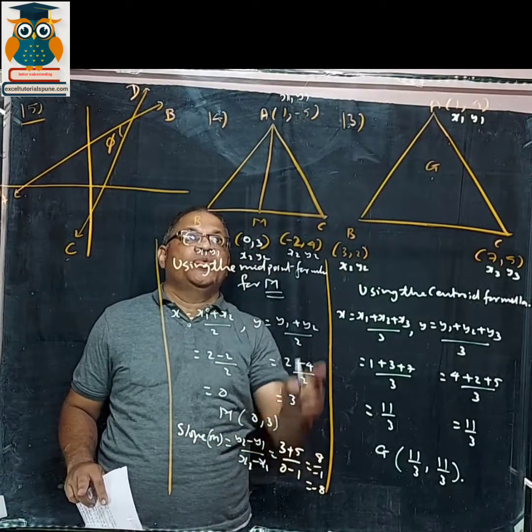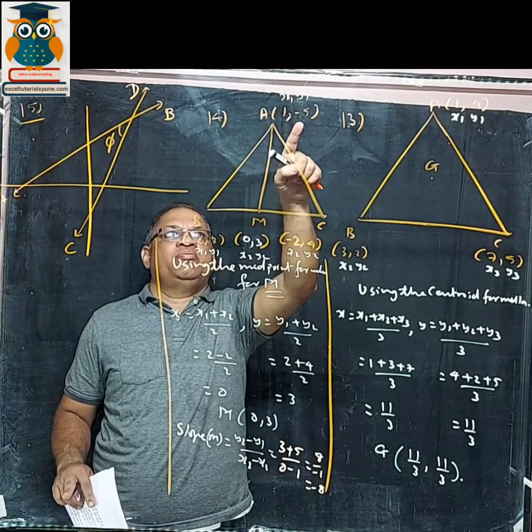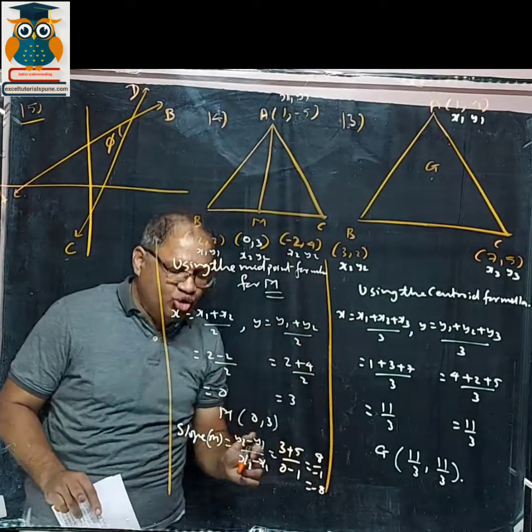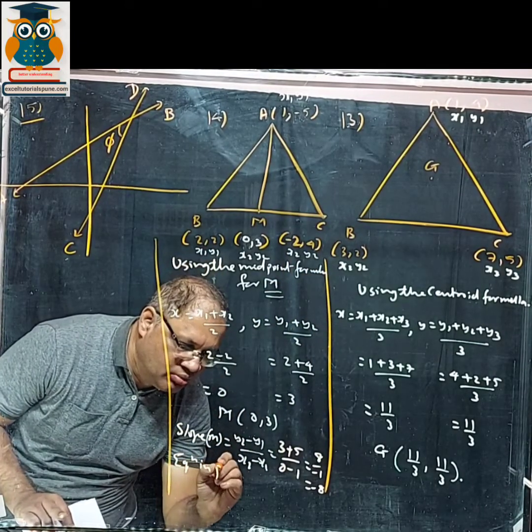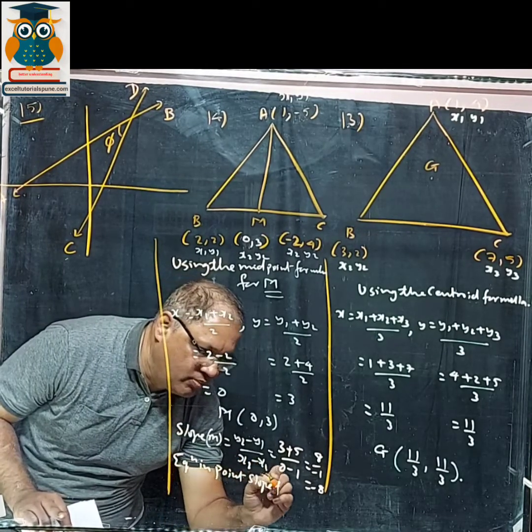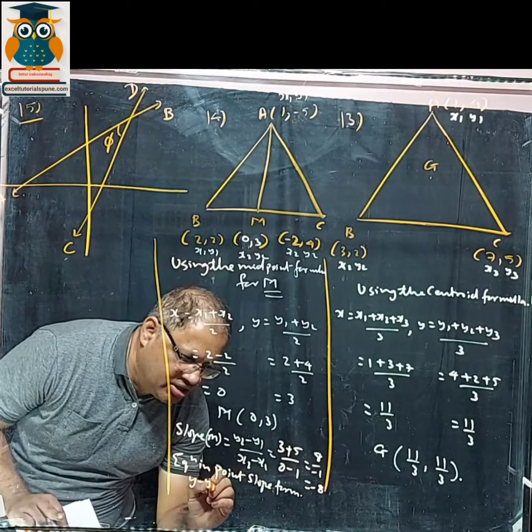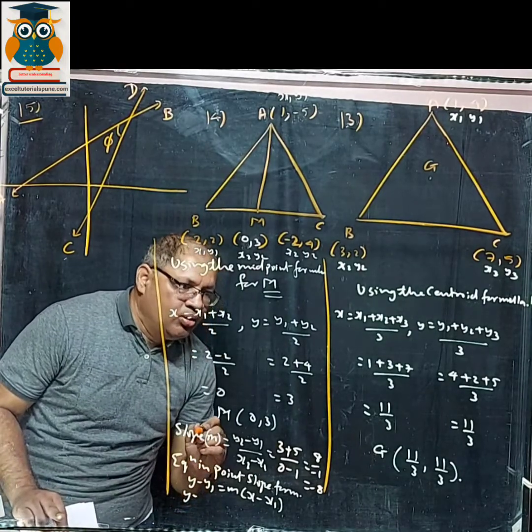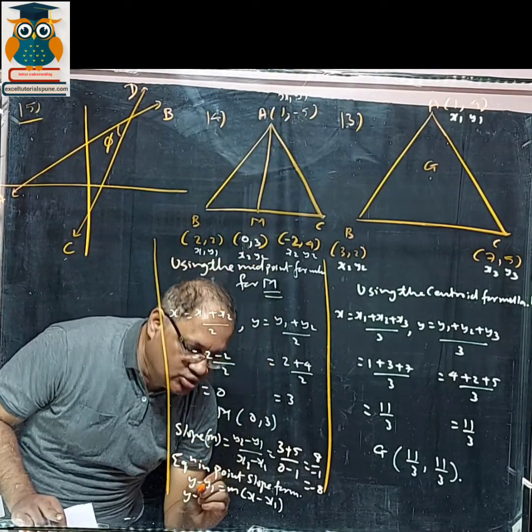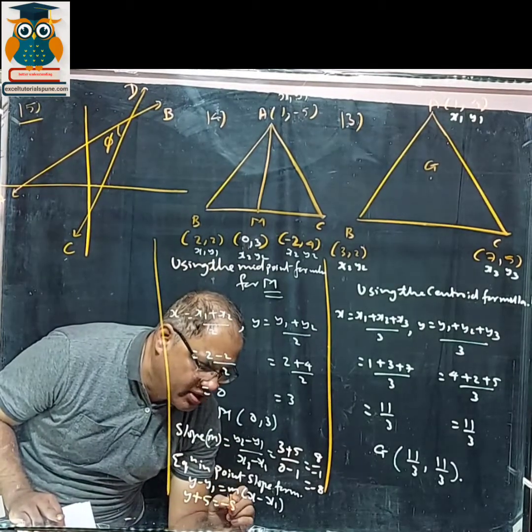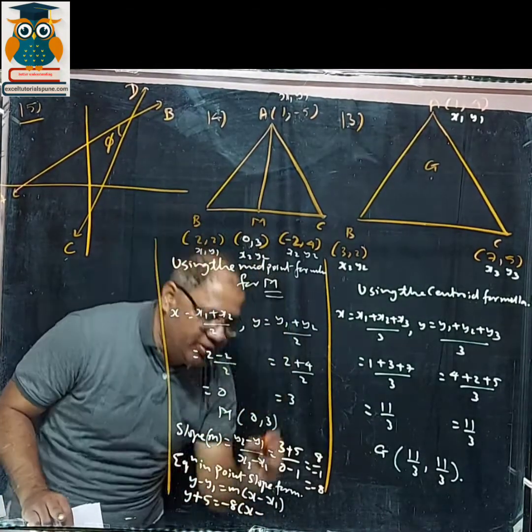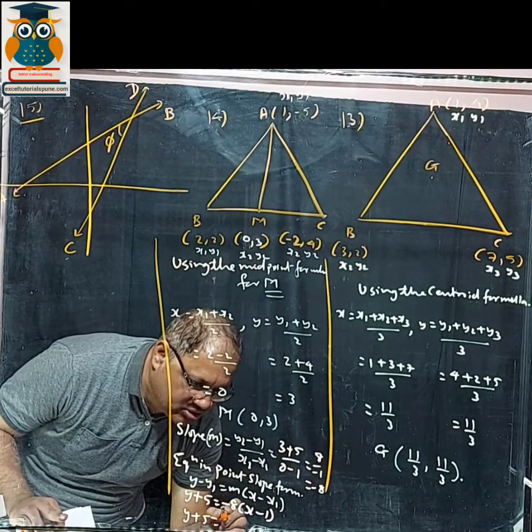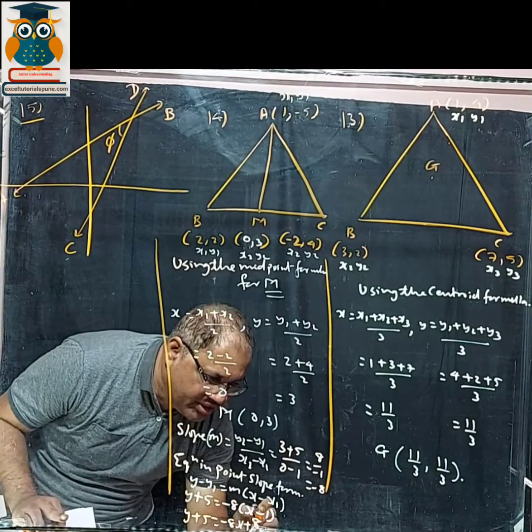Now you got the slope and you got the coordinates x1, y1. So you have the point slope form. Equation in point slope form: y minus y1 is equal to m bracket x minus x1. So y minus y1. Y1 is what over here? That is minus 5. So it becomes plus 5 is equal to m is minus 8, x minus x1 is 1. So when you solve it, it comes y plus 5 is equal to minus 8x plus 8.